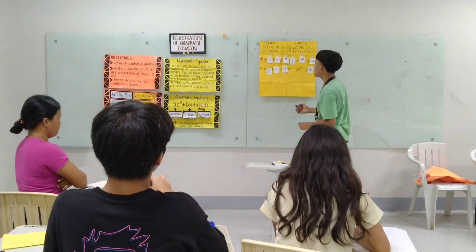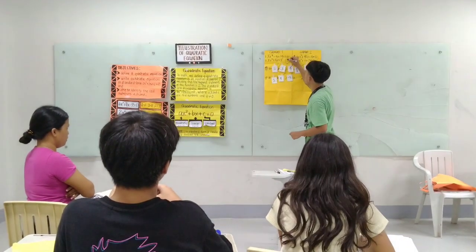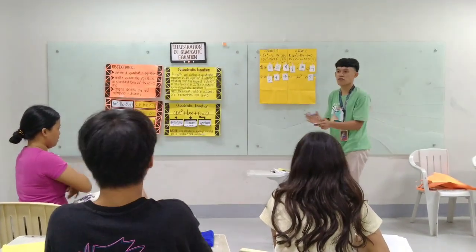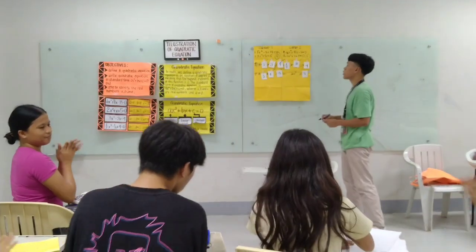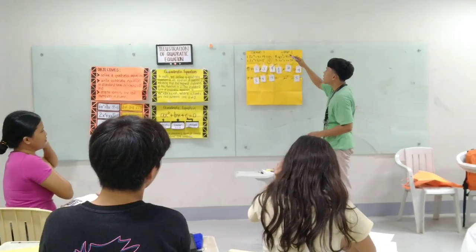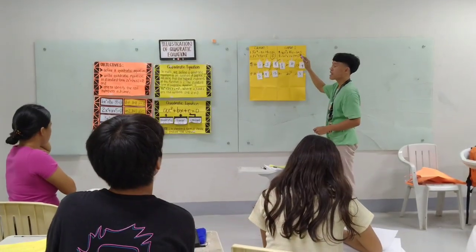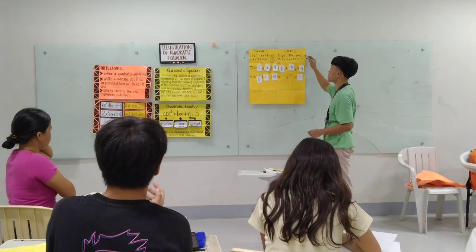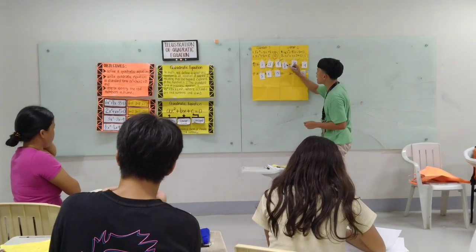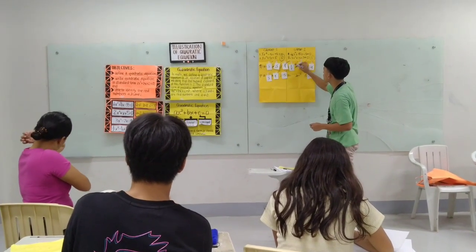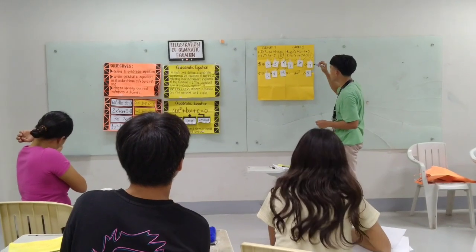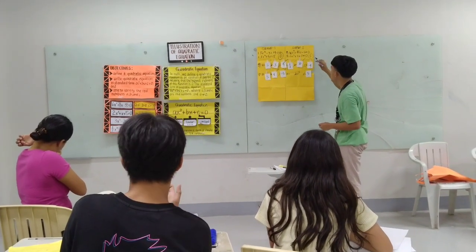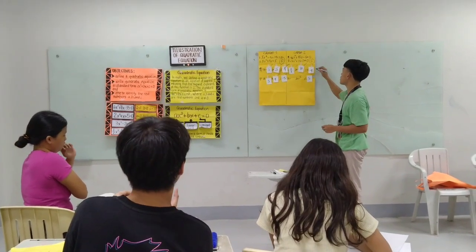So group 1 got 6 points. Very good. A round of applause for group 1. For group 2, equation 1: 1 half x squared plus 4x minus 4 is equal to 0. So let's check their work. A is 1 half, correct? B is positive 4, correct? Our C is negative 4, correct?